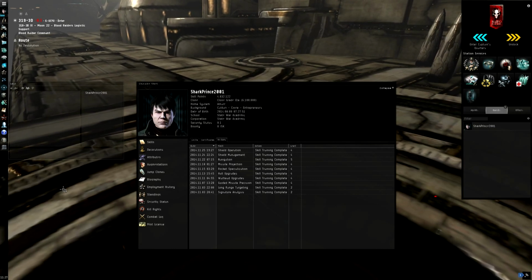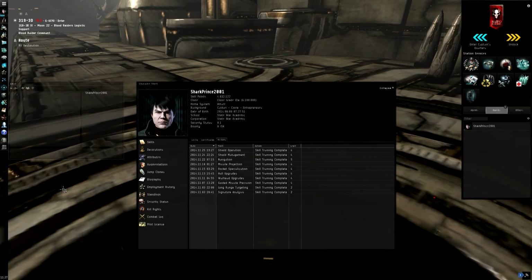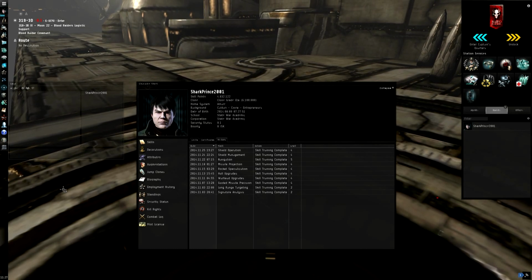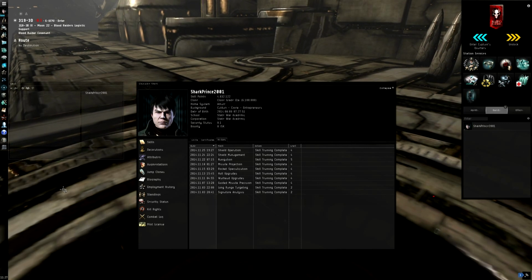Hello, I am Sutonia. I thought I'd do an in-depth guide on how to get started with Frigate solo PvP and nullsec, focusing on the Kestrel and what in-game skills are important and what player skills plus knowledge you'll need to get yourself started. I think you can PvP well in nullsec with just 2 million skill points, and I've